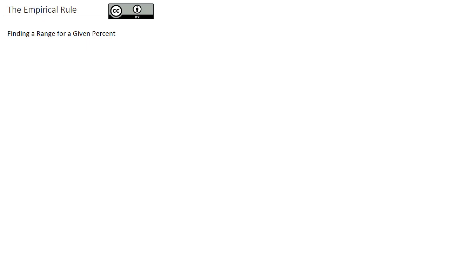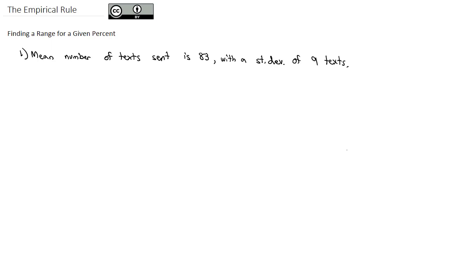Let's take a look at how we can apply the empirical rule to an actual real-world situation. Let's say that the mean number of texts sent by a person's phone is 83 with a standard deviation of 9 texts. Well, with this information, I should be able to draw a nice normal curve that illustrates where the values are